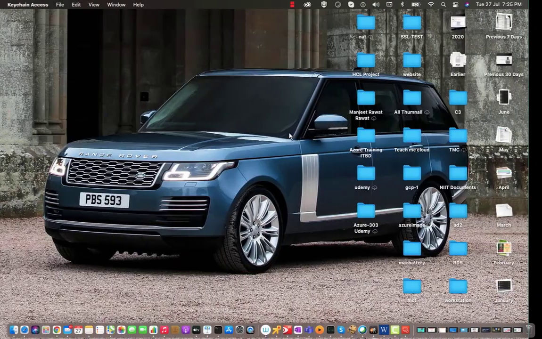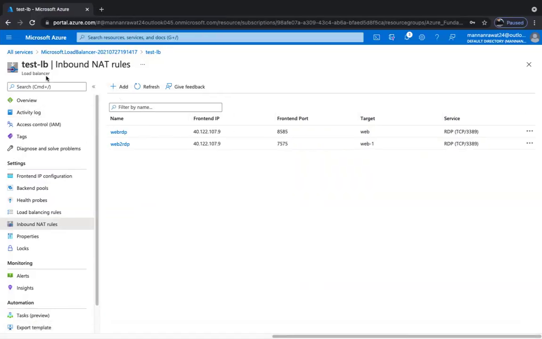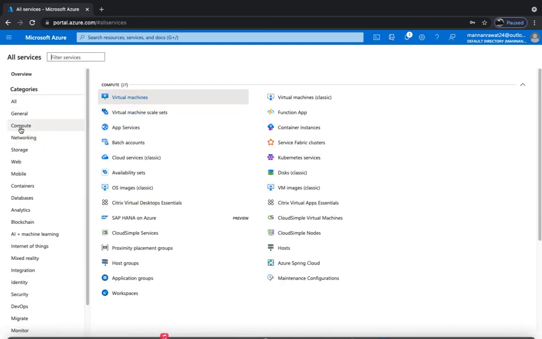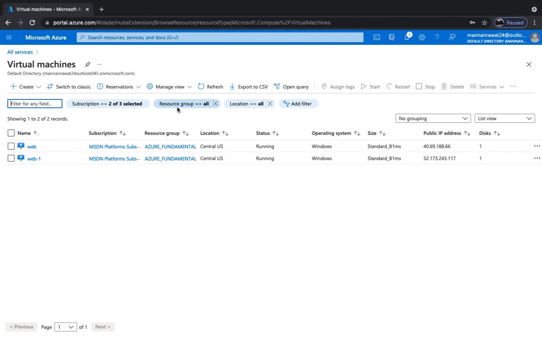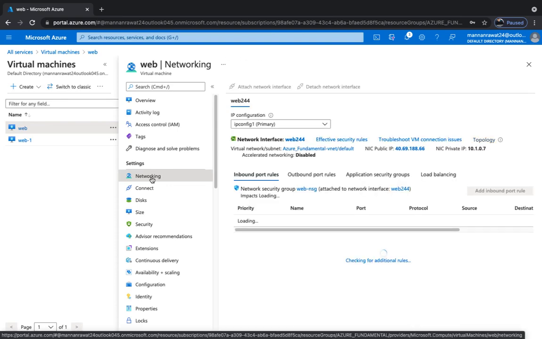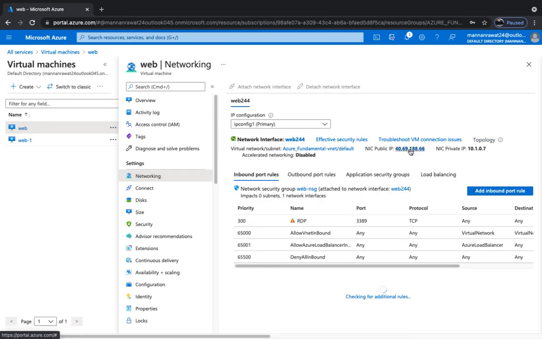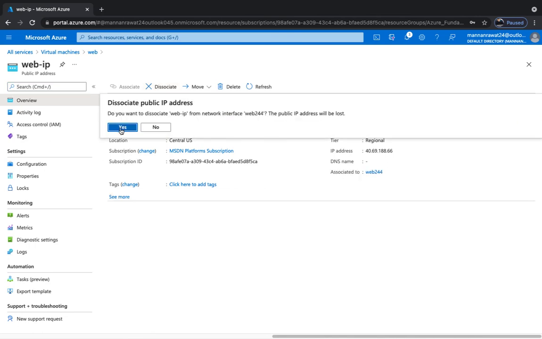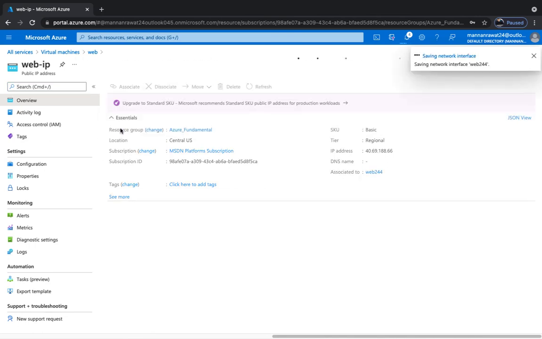Now I'm going to open the Azure portal, select your virtual machine location and remove the public IP address. We don't want to carry the public IP address of our VM. So open your virtual machine's properties, go to the networking option, select your public IP address and deassociate it. Once the public IP address is deassociated from your virtual machine, you have the option to click on delete and permanently remove the public IP address from your VM, because we want to use only one public IP address to access our virtual machines, including their RDP, right?